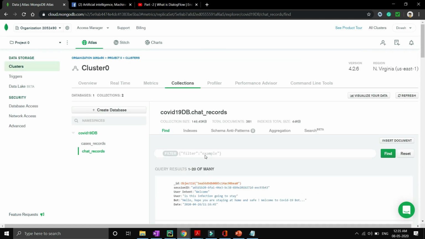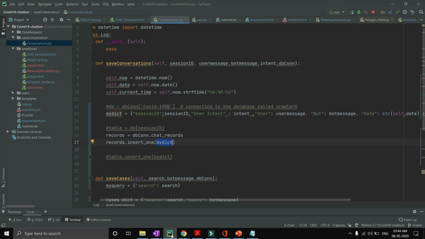So in real time, if you are working on other projects like an HR domain, a finance domain, or a ticket booking system, this is the way you will connect your chatbot, or basically your Python code, with the database, and that's how you can fetch data and give the response back to Dialogflow from your database.